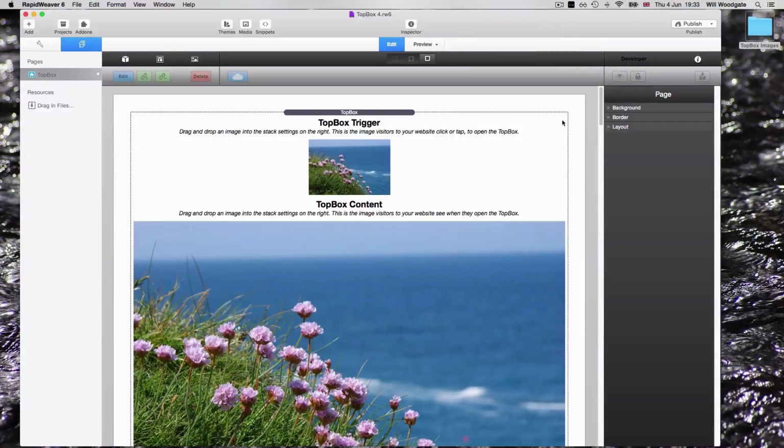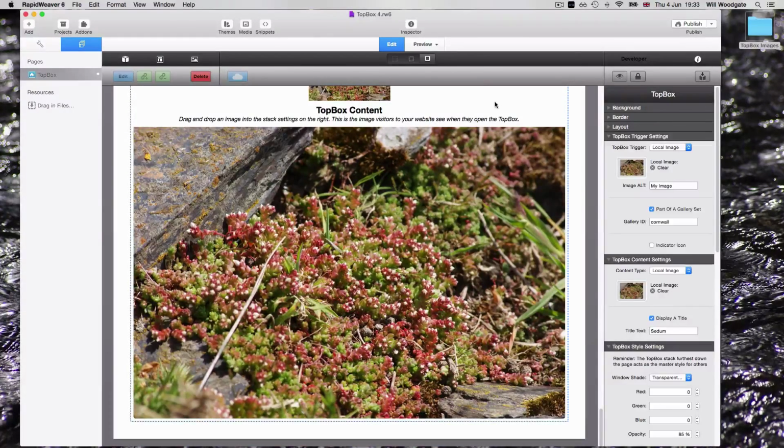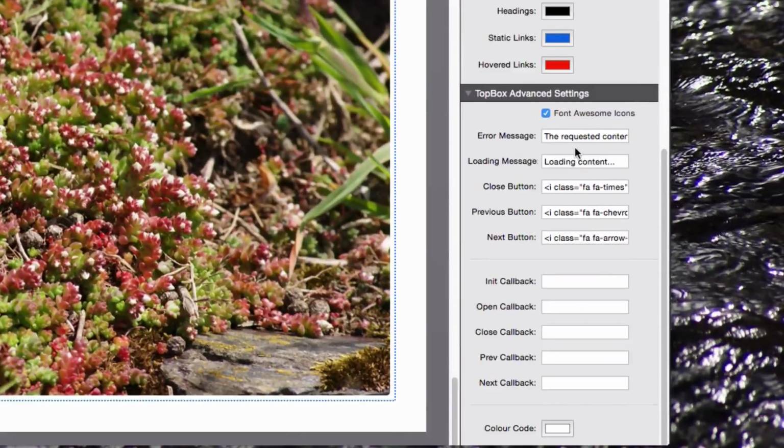TopBox has some advanced settings available as well. If we were just to select our last TopBox down here on the page, these are the advanced settings down here. You've got the option to pull in Font Awesome icons if your RapidWeaver theme doesn't already include icons. Ordinarily you'd probably want to just turn that off because there's no point having multiple versions of Font Awesome icons in the same page. You've got the ability to customise the error message, the loading message displayed, and because we are using Font Awesome icons for the close button, the previous button and the next button, then these are fully